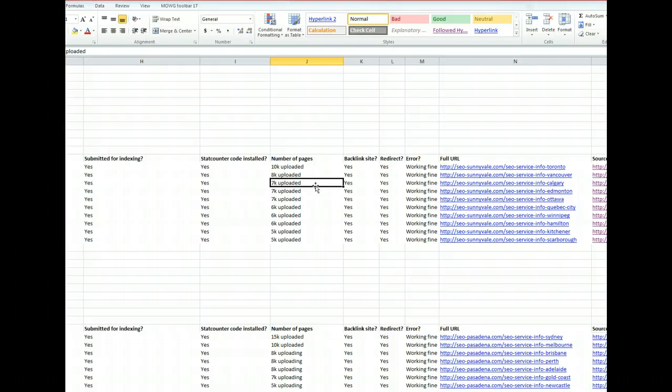Obviously, if a city is more populated, we would need to go after more pages for that particular city, simply because the competition level is going to be higher, right? So Scarborough does not have a lot of people, so we've uploaded only 5,000 pages. There are no rules to it. You just have to make sure that